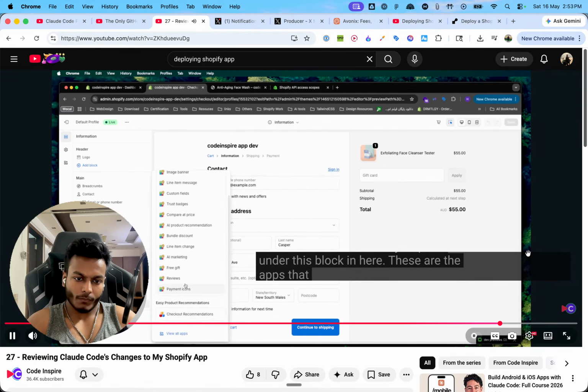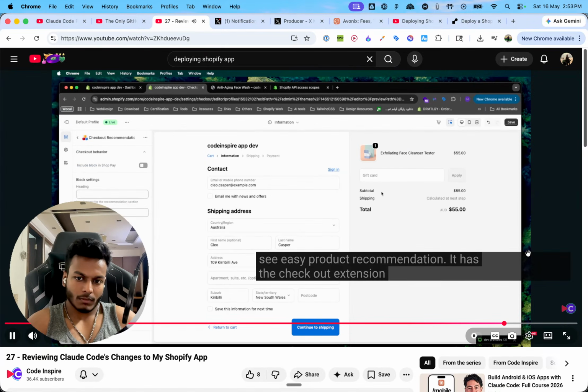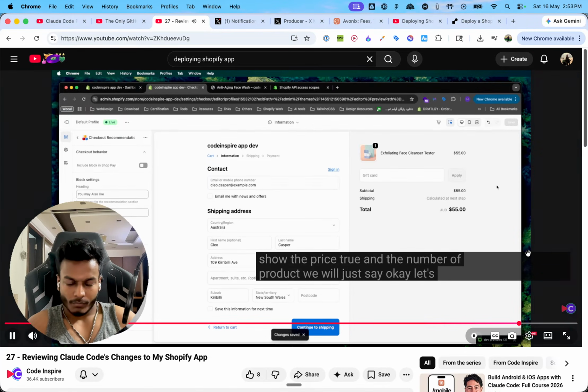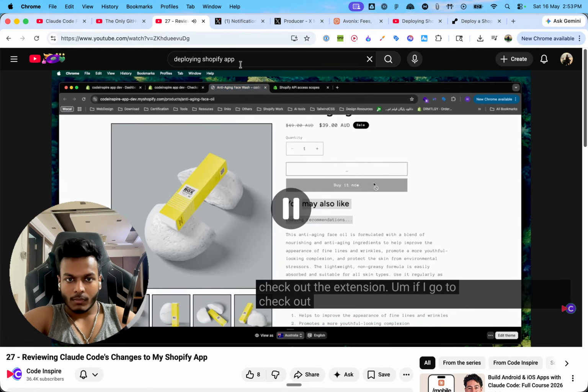These are the apps that I already have, but you can see easy product recommendation. It has the checkout extension and it will display right over here. For now it may not show anything. You may also like, show the price true, and the number of products, let's render 3 products. Again, this one is a checkout extension. If I go to checkout, this